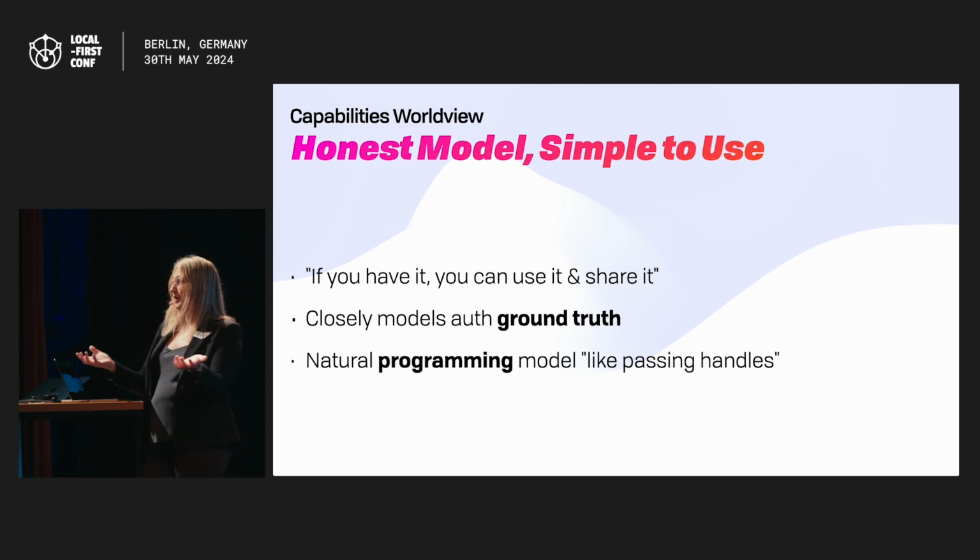And so you can say, where do I want to upload this? Here's a UCAN to say upload to there. So if I want to switch which server I'm syncing to, and they're guarded by auth, I can just pass these around almost like you're passing a reference. This closely models the ground truth and, in fact, goes out of its way to model and get rid of any of the other underlying assumptions.